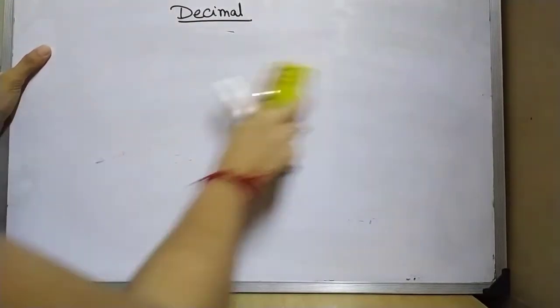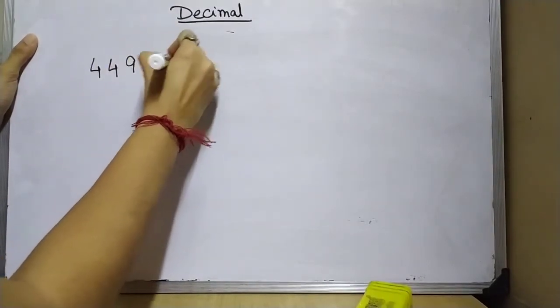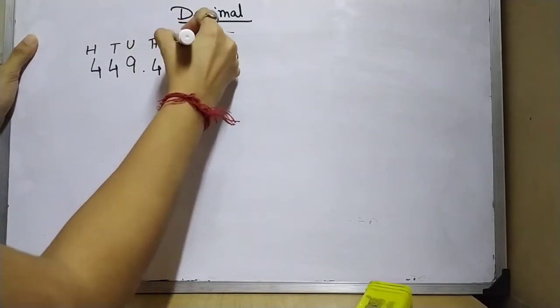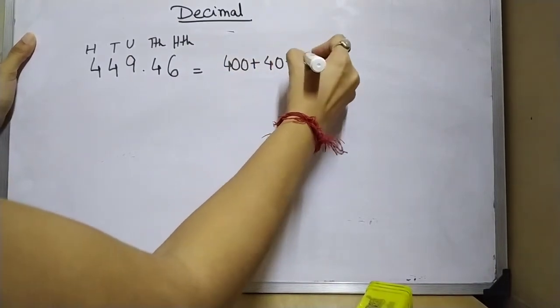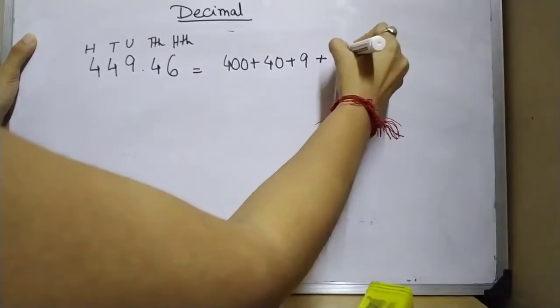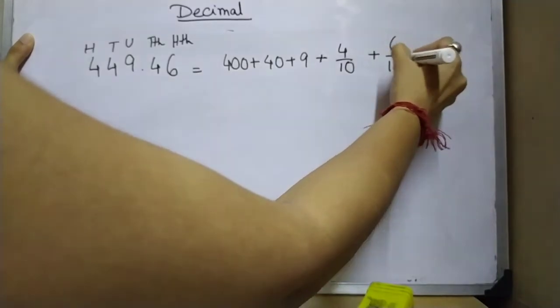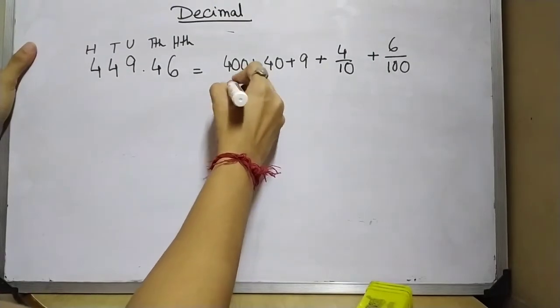So here I will take some examples. In your page, let's draw a chart below. Here you have the number which I am going to do, 449.46. So you can write that this is units, tens, hundreds, this is the tenths place and this is the hundredths place. So what will we write? 400 plus 40 plus 9. After the decimal this will be 4 by 10 and of course this will be 6 by 100, just like this. Okay, and if they ask you to write in words, so you will write 400